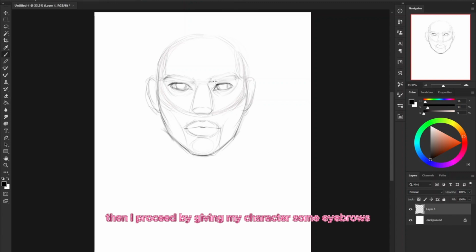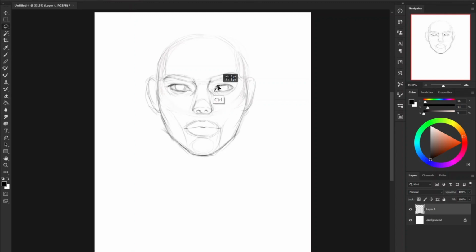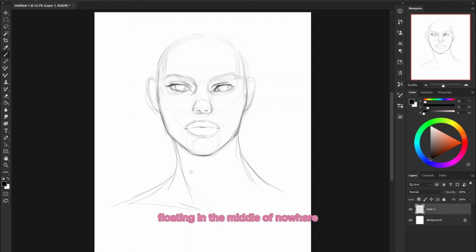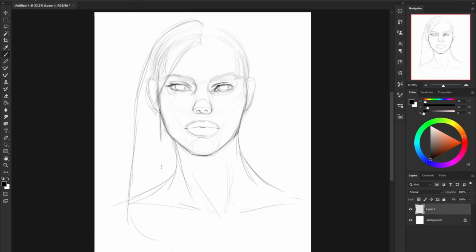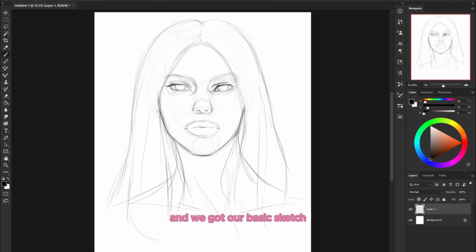Then I proceed by giving my character some eyebrows, defining their shape. Now, I'm adding more details to the nose. I keep on fixing and fixing till I get somewhat of a good result. I'm finally giving her a neck so that she doesn't look like a head floating in the middle of nowhere. Giving her some clavicles, then I move to give her the most basic straight hairstyle. I start by mapping out the back of her head and the hairline from that, then I add the hair, so it looks more cohesive. And we got our basic sketch, and now we can move to the fun and the juicy part of this